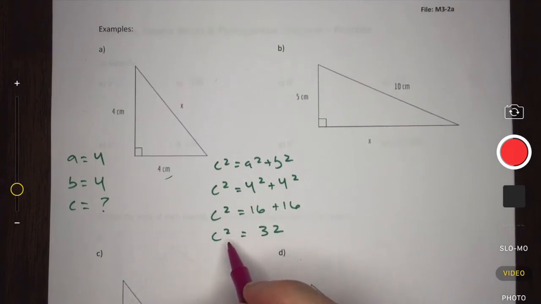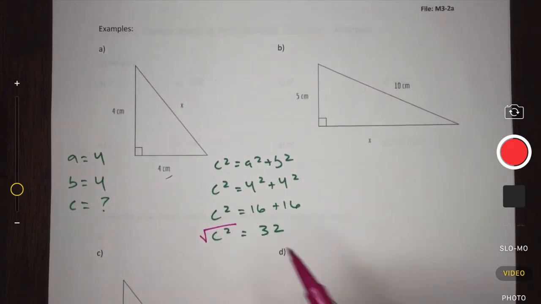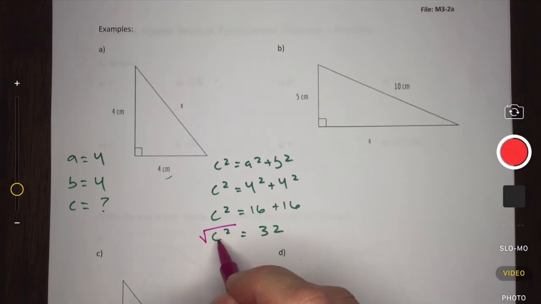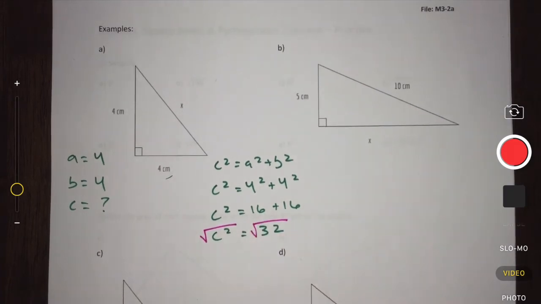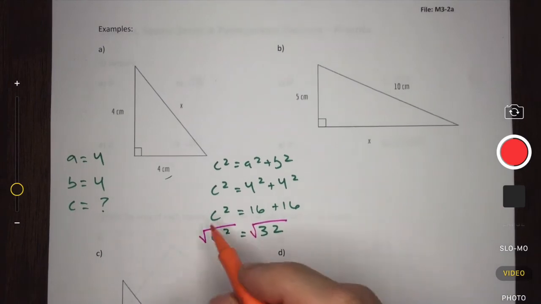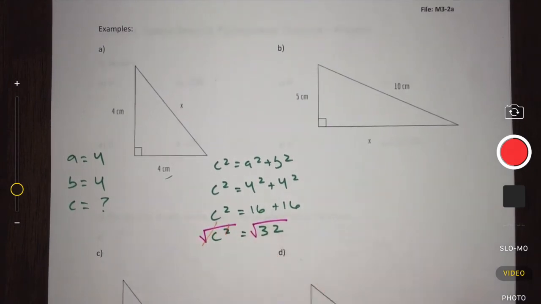So we remember from earlier in the week that the opposite of squaring something is finding its square root. So by finding the square root of c squared on the left-hand side of my equal sign, I also have to do that on the right. So I'm going to find the square root of 32. When I simplify that down, the square root divided by the square is going to leave me just with